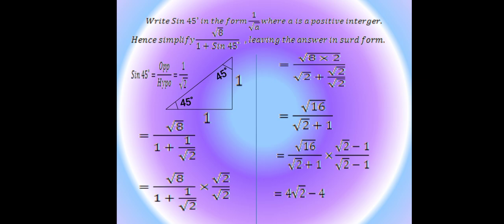Write sine 45 in the form of a all over sine a, where a is a positive integer. Hence, simplify the square root of 8 all over 1 plus